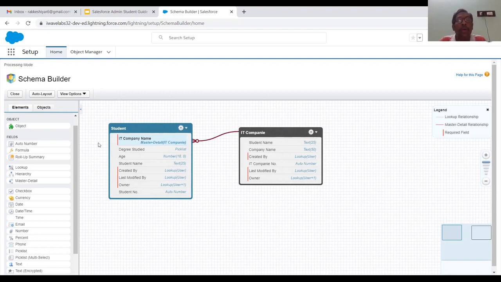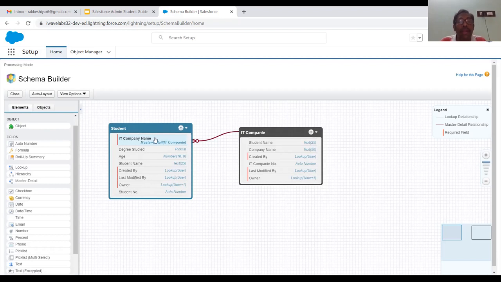Fine, we are done with Schema Builder, and we have created two objects: one is student and the other is IT company. In the student object, you can see that we have inserted a lot of fields, student name and age. Whatever is shown in red are called standard fields, or actually system fields, like created by, modified by owner.